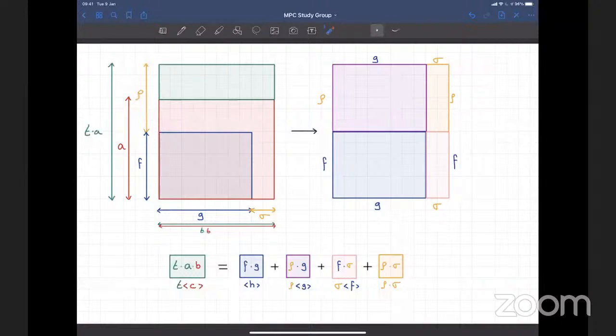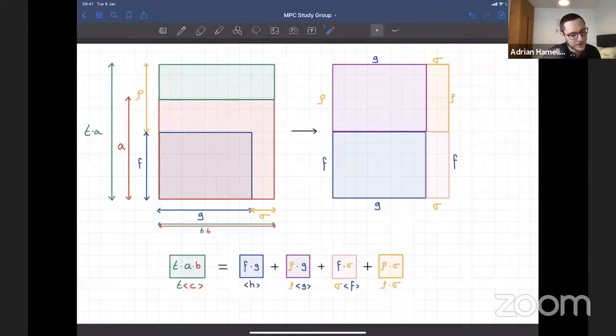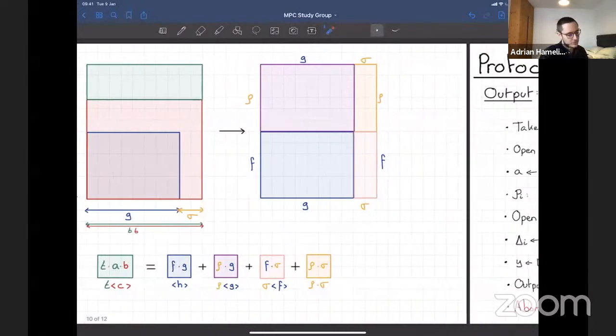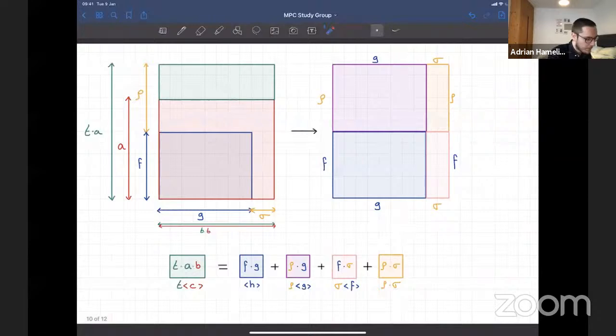Okay, I think it's pretty clear. I mean, it's not going to get any more clear. It took me a while to work it out in my head. Yeah, sure, I think it helped. What I wanted to illustrate is I think for this and the Beaver triples, it's useful to think about it visually and what you're trying to do with it, and it gives them more sense, or at least it did for me.